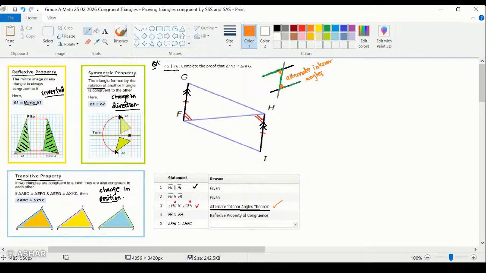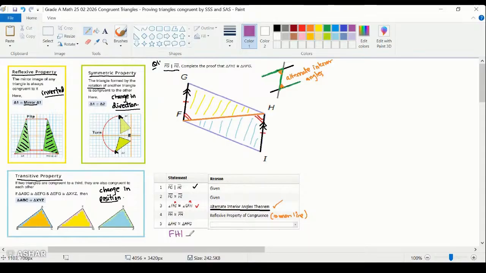Okay, this was this theorem, right? They are saying FH equals FH, right? So that means the line FH is a common line between these two shapes. Agreed? This is the common line. That means both of these triangles, the upper triangle and the lower triangle, have a common side. Agreed? So we need to find what is